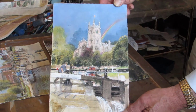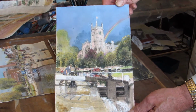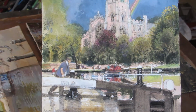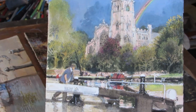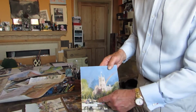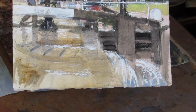Here you'll see that I've had to be very careful about managing the balance of the image, but I think the focus on that little patch of red in the middle was still the important thing as far as the colouring is concerned. Every other part of the scene is relatively muted colours, and you'll see that, again, this is not how you would be told to do proper watercolours, but there's quite a lot of white gouache employed to give highlights on splashes of water and flags and little touches here and there,